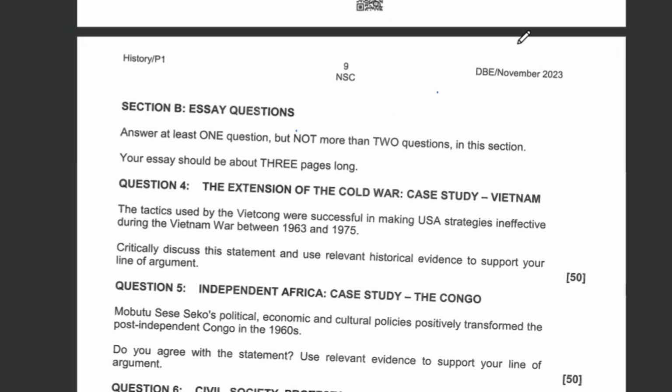We have seen that there is a point which is explaining the digging of tunnels. They were using a tactic of digging underground tunnels. And what were those tunnels for? The tunnels were used to hide. They would hide in those tunnels during the war. And what else was incorporated in the tunnels? The tunnels had kitchens within them, which meant that they had a constant supply of food during the war. They would go into the tunnels to feed and go out to fight.